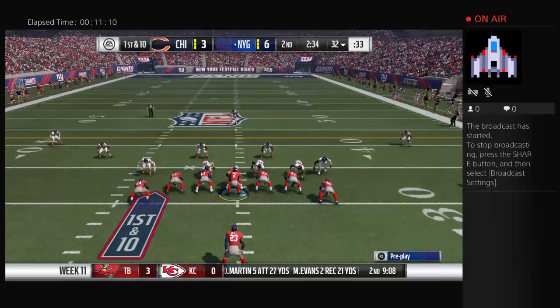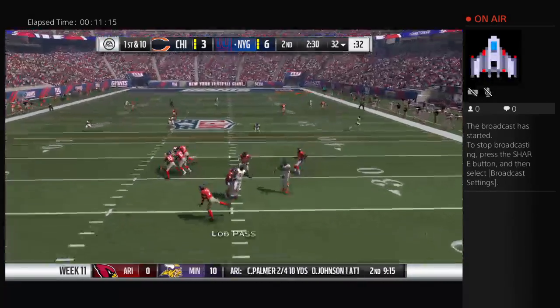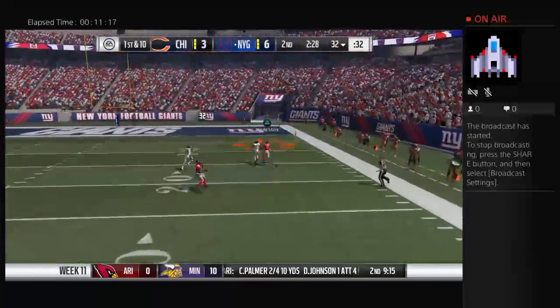And that last drive, a long drive, but not just that. They had a great air attack going. Did they stick with that? I would think that they would, because if they were...